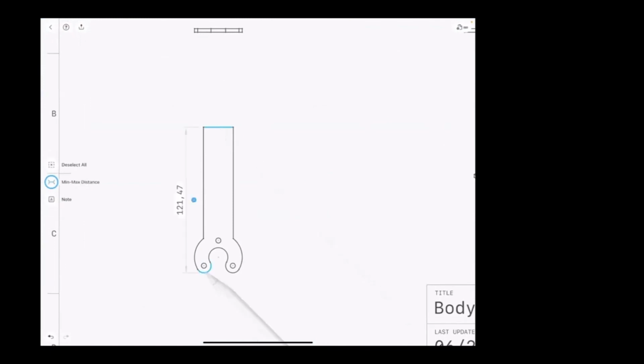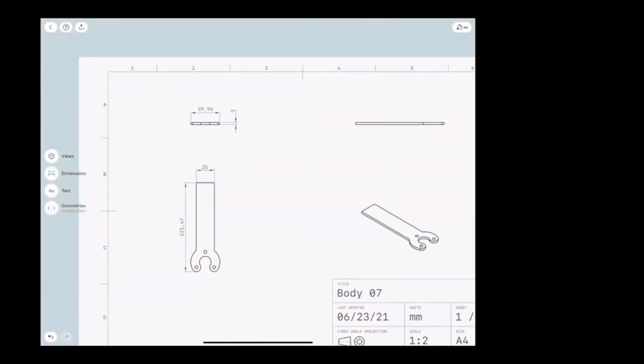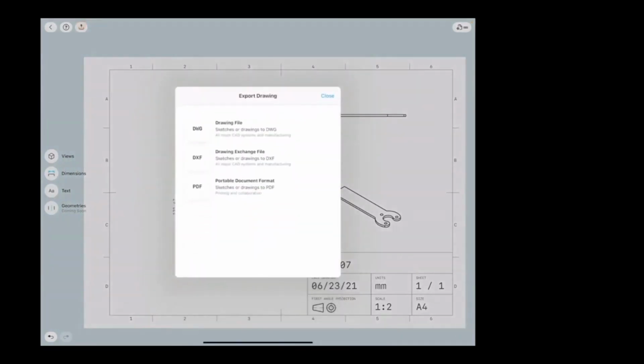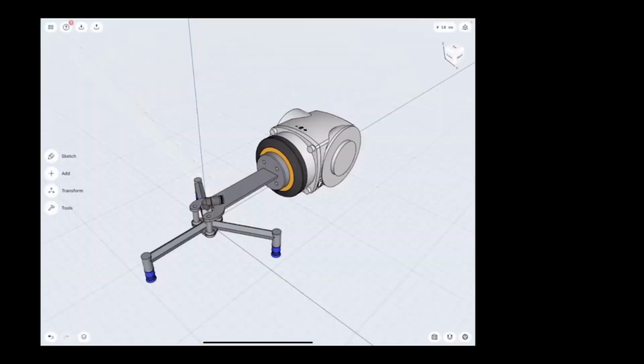And I can easily define the bounding dimensions of the workpiece. I can align those dimensions if I wish to. Let's measure a total width of the part and measure a material thickness. There we have the drawing which I was looking to create. I can export it in a DWG or a DXF format, or even a PDF, which makes it possible to print the drawing directly from the iPad. And this way I do not have to jump back to my desktop PC to print out the blueprint. You can do that on the go.